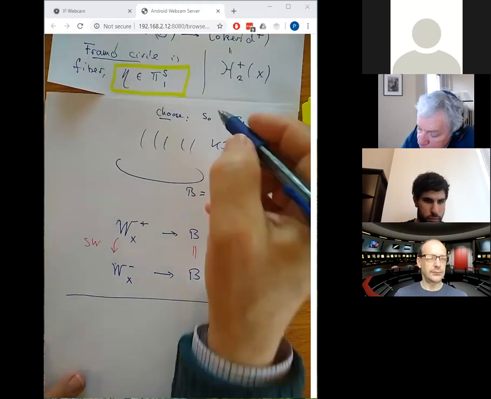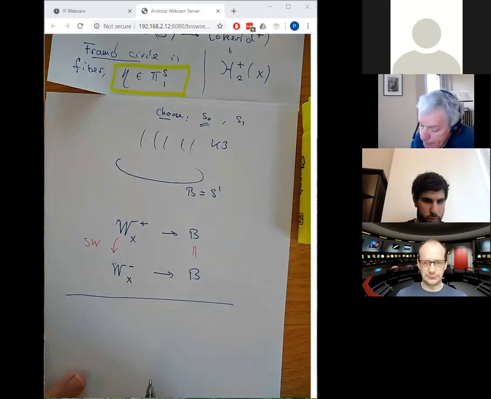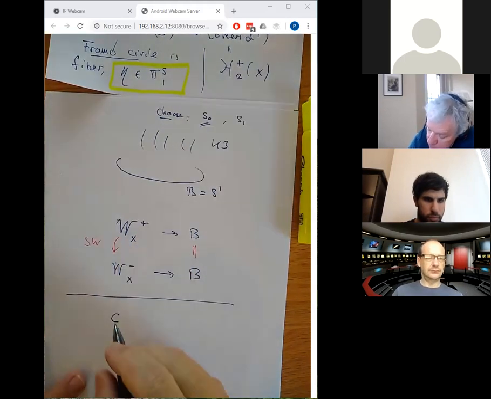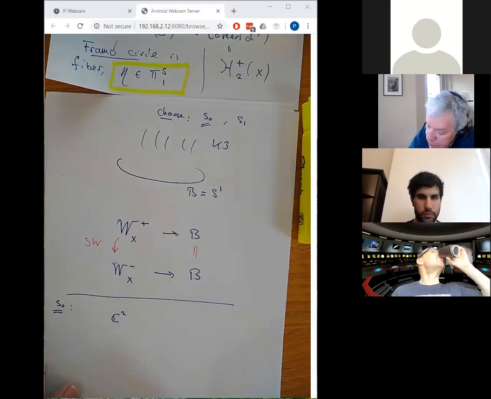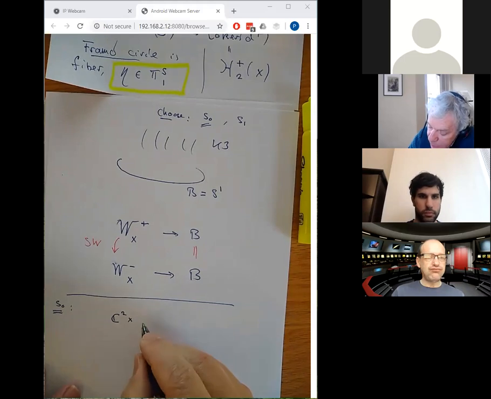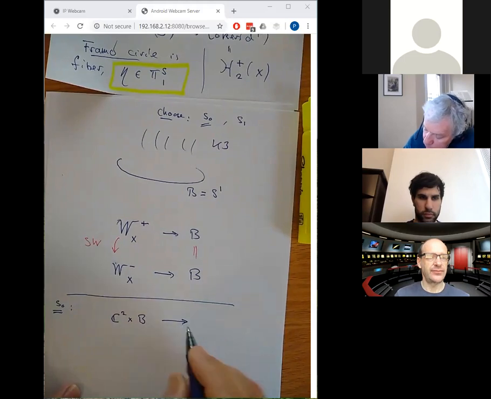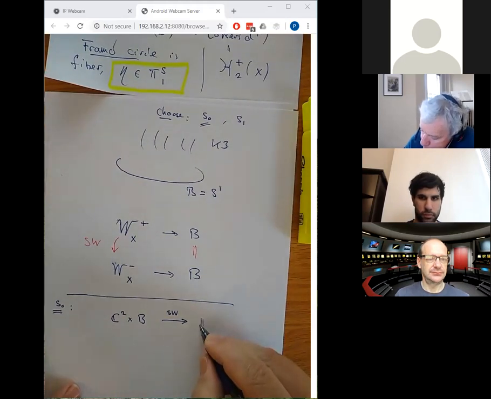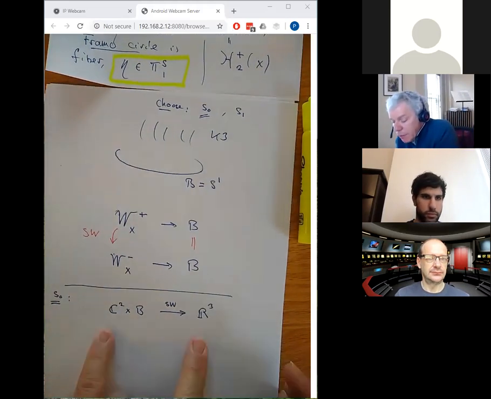In the simple case of the product S0, if we take finite dimensional approximations here, whereas before for W plus we just got C2, now we've just got C2 times the base, B, the circle. And then we've got the lowercase Seiberg-Witten map, the finite dimensional approximation, and it's a fiber-wise map, it maps to R3 times the base. But there's an important point here. This R3